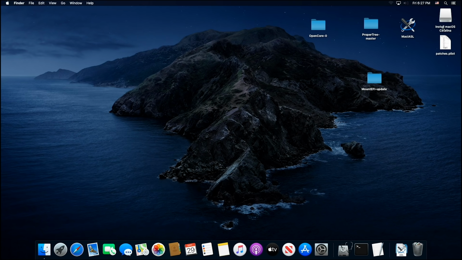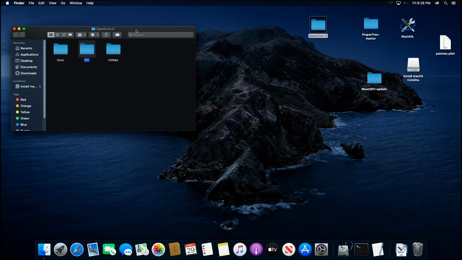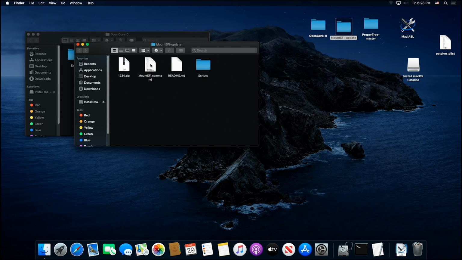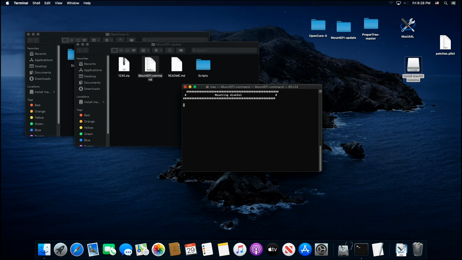Before we get into the BIOS, we have to put our EFI folder onto our USB stick in the EFI partition. So in order to do that, we're going to use this program called Mount EFI. So let's just double click on this, right click on Mount EFI.command and hit open. Okay, and we're going to see here the list of our hard drives and our USB stick. So here's my install macOS Catalina, and I want to mount that. So I'm going to press number 1, and I'm going to put in my password,